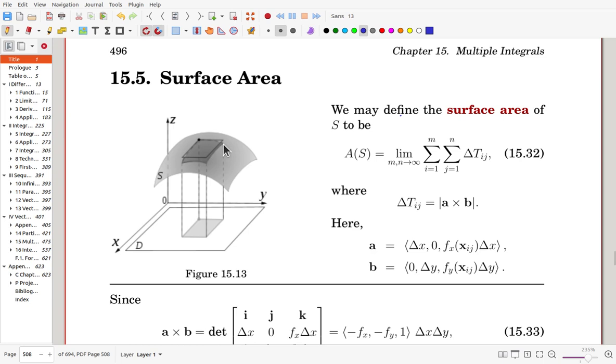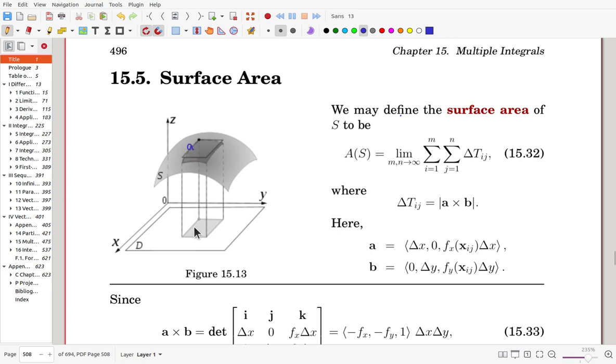Then we can find the corresponding subsurface. Rather than this area of general shape, we may try to approximate the surface with the tangent plane. And this tangent plane eventually becomes, inside this region, a parallelogram. Let's see A,